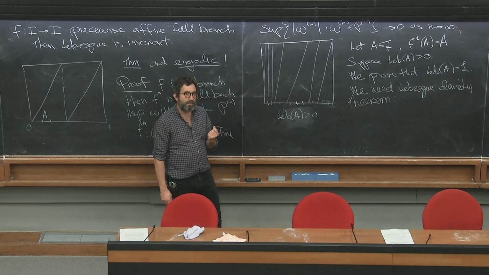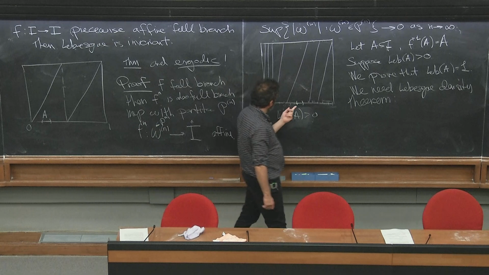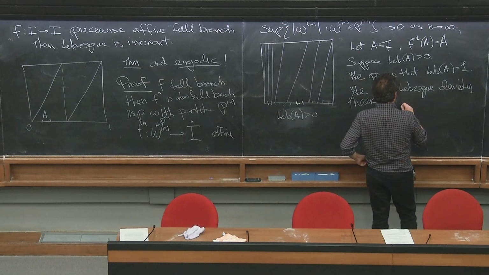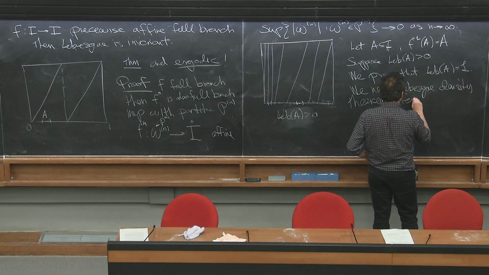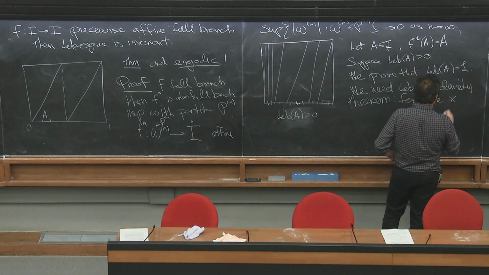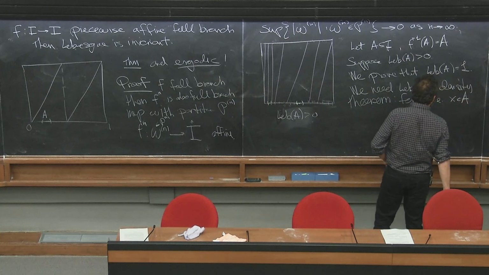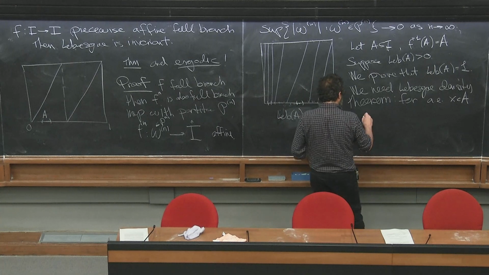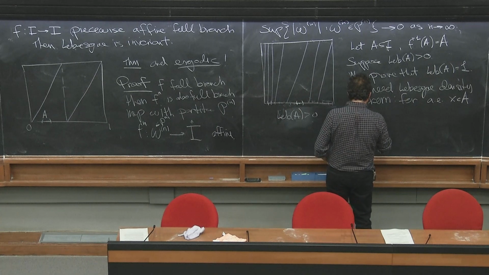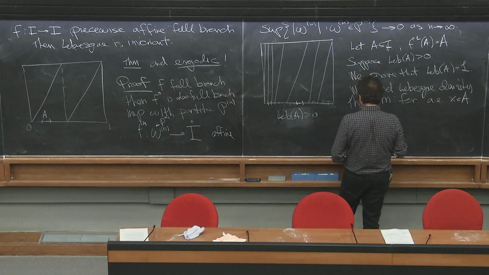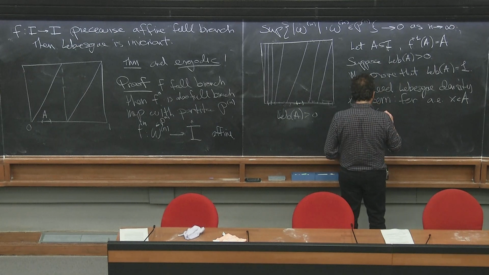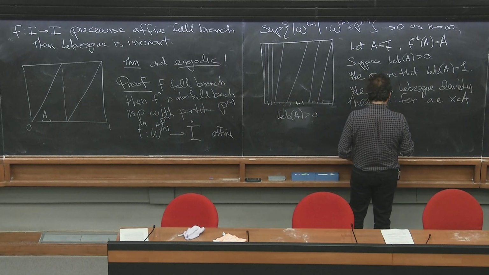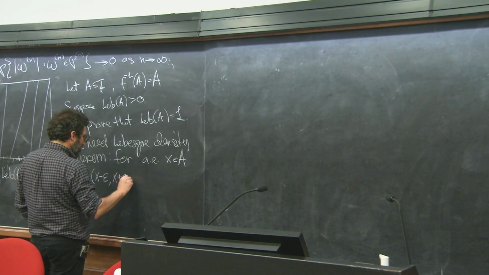The Lebesgue density theorem is really a remarkable theorem. What do we mean by that? The formal statement is like this: for almost every x in A, we have the following. If you take the measure of some epsilon neighborhood, so you take the measure of the interval from x minus epsilon to x plus epsilon, right?